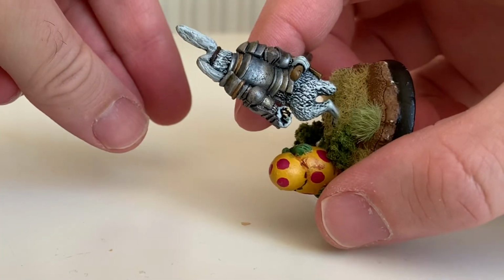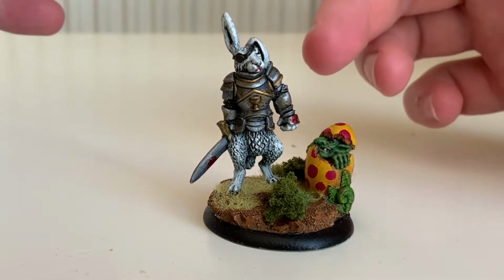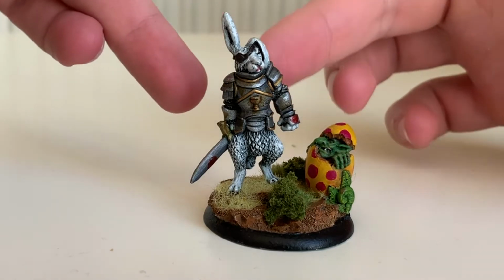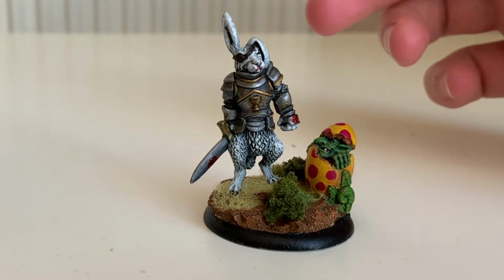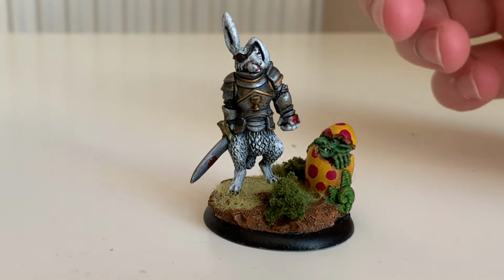And then a few weathering effects, the dabbing with foam. The fur I hadn't gone wild. I just did a very light Astronomican Grey mixed in with white coat, and then just dry brushed it with white, and then with the lightest white I have. Nothing particularly fancy. And then